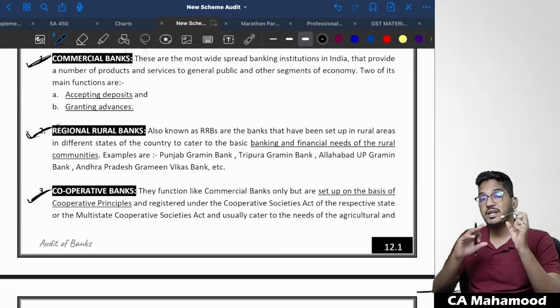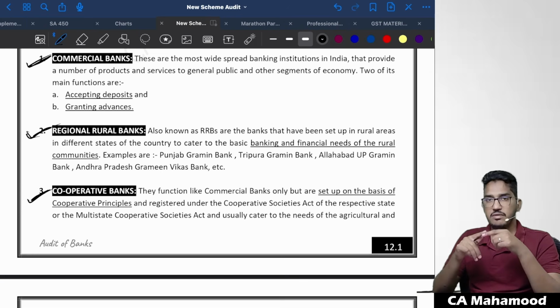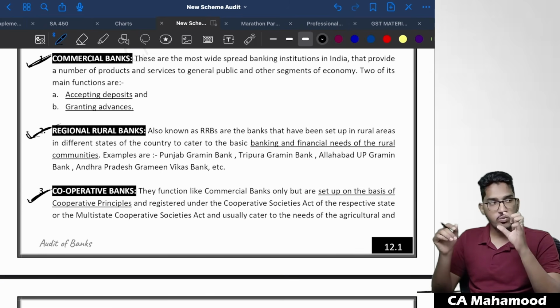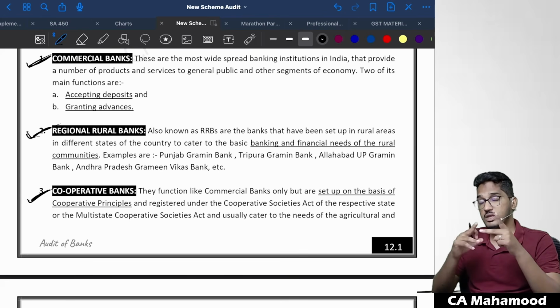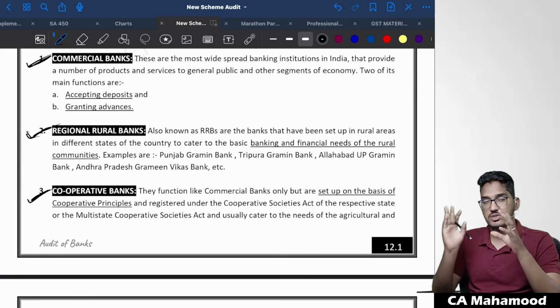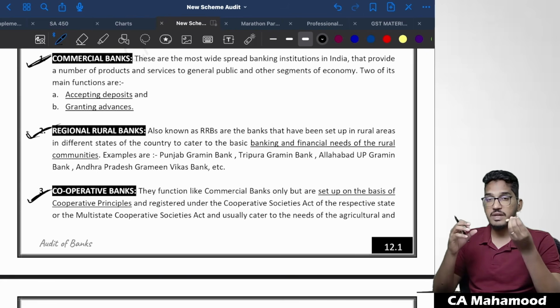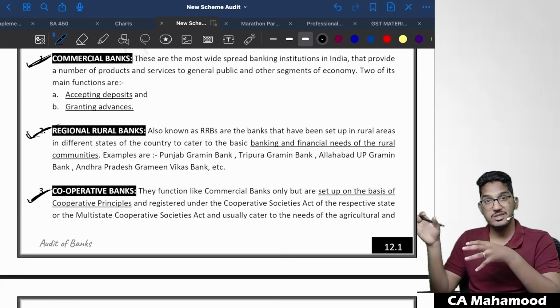Cooperative banks are nothing but cooperative credit societies. See, the difference between a normal bank and a cooperative bank is, in case of a normal bank, they will accept deposits from everybody. They will give loans to everybody. There is no restriction. But in the case of cooperative banks, they will also accept deposits and give loans, but not to the common public, not to everybody, only to their members. There will be certain members of cooperative societies, and only to their members they will give loans and accept deposits. Like we will have some cooperative banks which will give loans and accept deposits only from farmers. There will be certain cooperative banks which will serve the finance needs of only members like small scale industries.